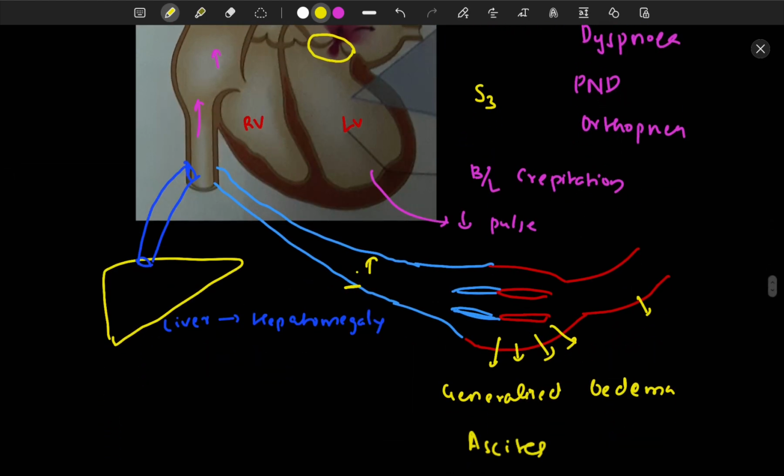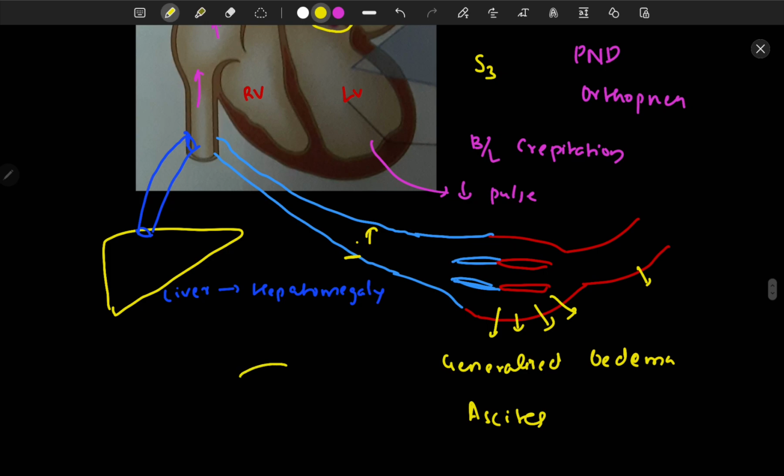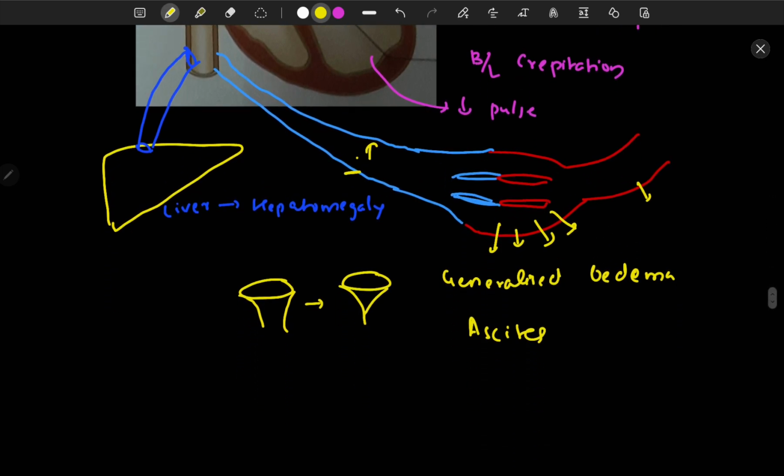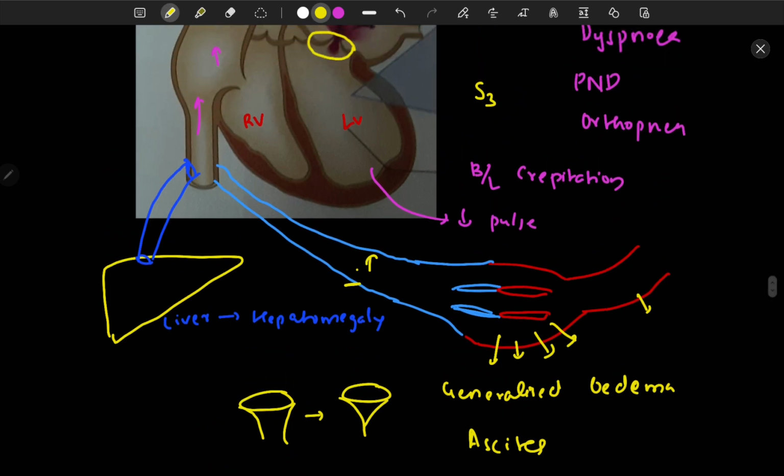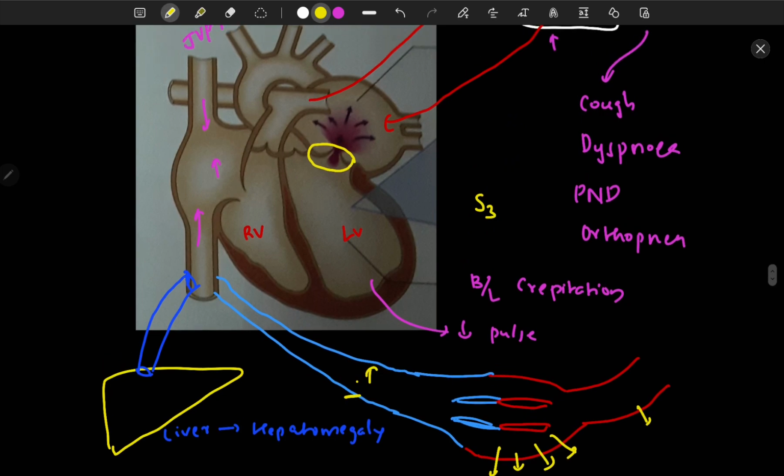Normally, during ventricular systole, that is when the ventricle is contracting, the mitral valve closes. When there is dilatation of the heart,